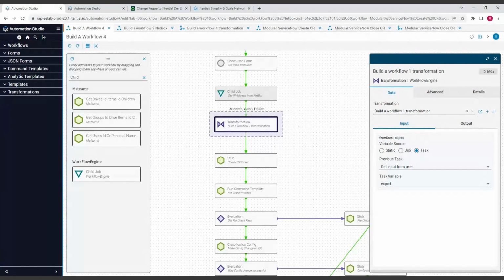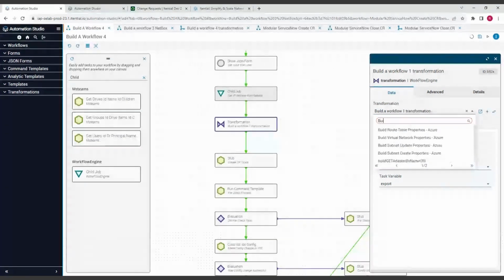So now what that means is once you start to integrate these child workflows that are modular, you may have to update your transformations to match those. And so I've already updated the transformation because the change is not that big. But I'll show you when we update it